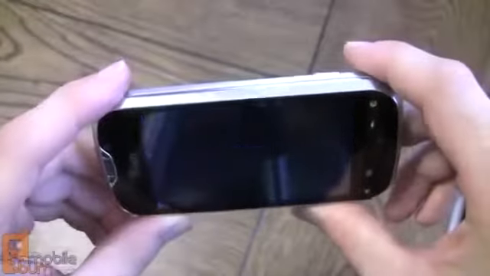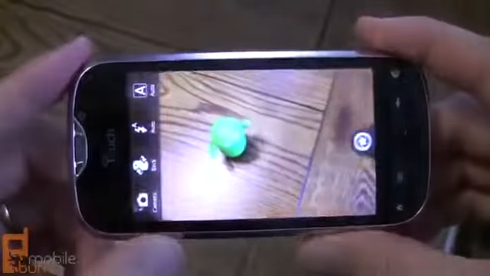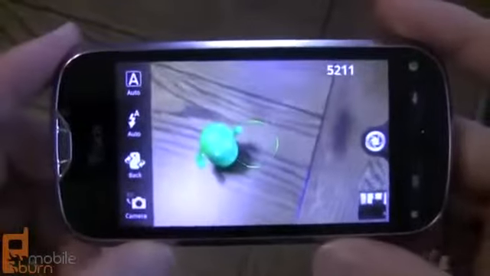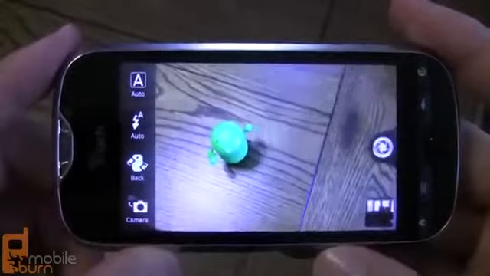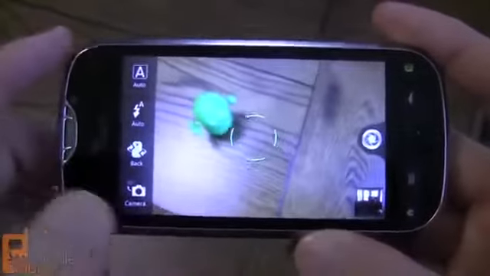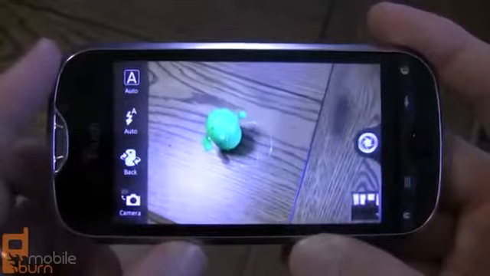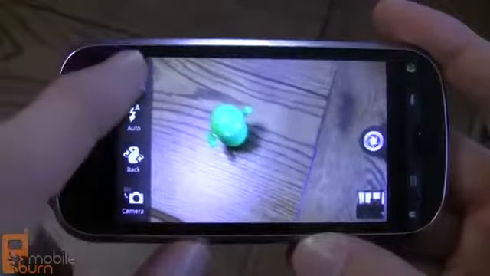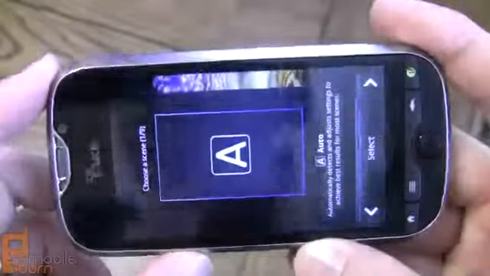So if we press the camera button, we can open up the camera itself, and we can get a look at some of the unique options that you have available. It has this custom interface that's very similar to the Sense interface that you've seen on other phones, but it does have its own special